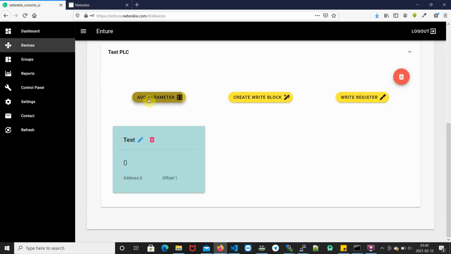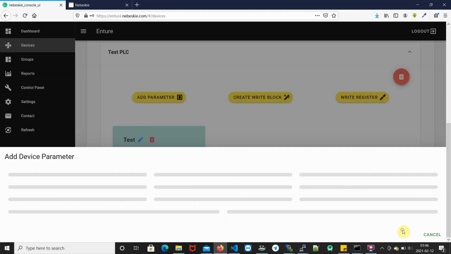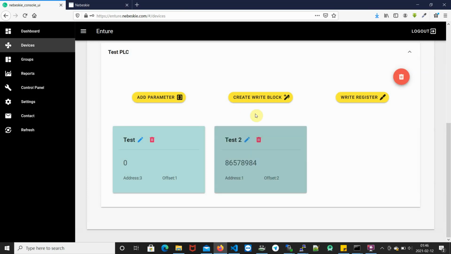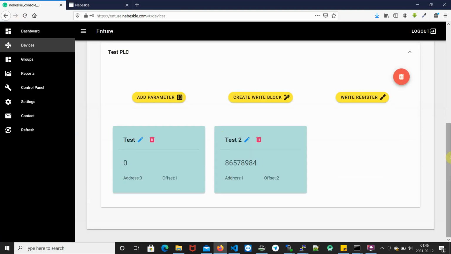And let's create another parameter. We already have things entered. I would enter a value of 1 only. Let's take this one and change the address to 1. I have another one configured. This is also a test parameter. However, I'd be going with Little Endian, and here I have configured the register size to be long, right? If I create this, yeah, the data is coming and I can see the trend. So that's it. We have the data here, and that's all.